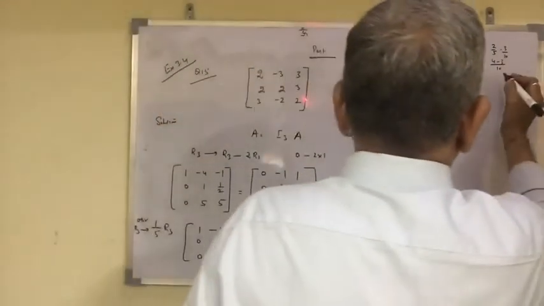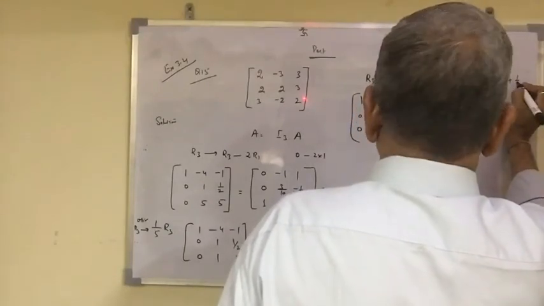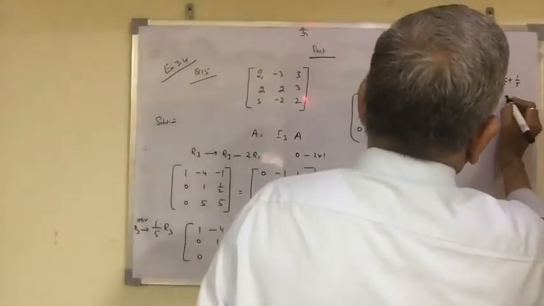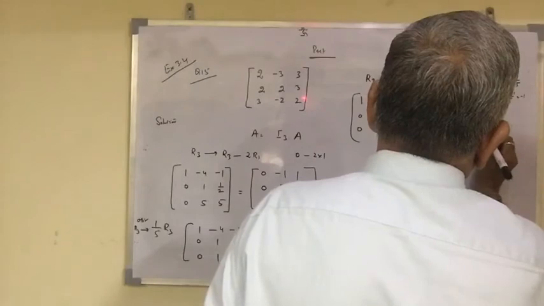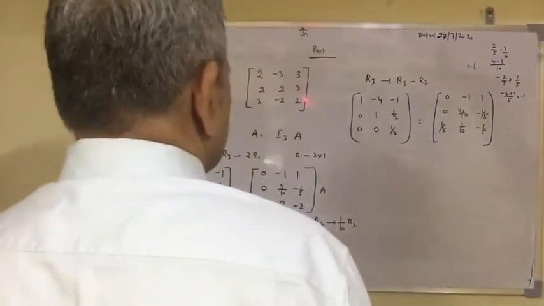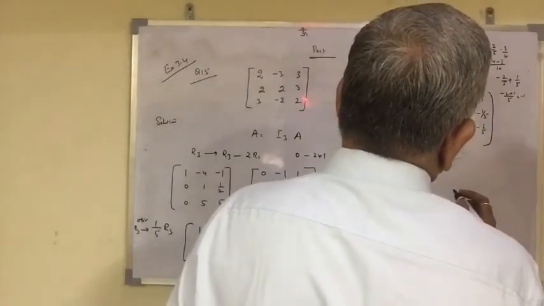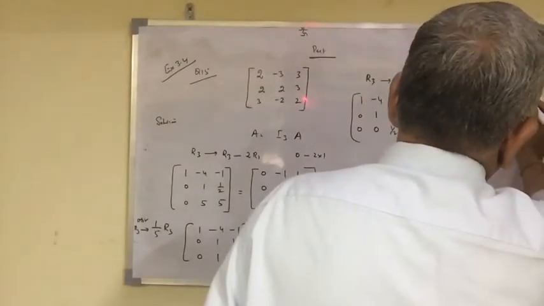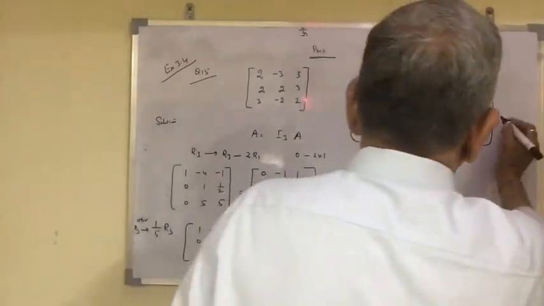Now here is minus 2 by 5, and minus minus is plus, so 1 upon 5. This gives you LCM 5, minus 2 plus 1, so it gives you minus 1 by 5. So this is minus 2 by 5 and minus minus plus 1 by 5, so minus 1 by 5 here. So this is something like you solve, and here is your A itself.